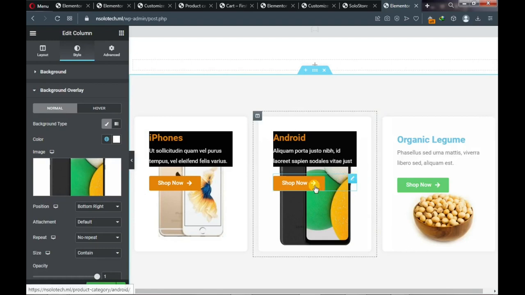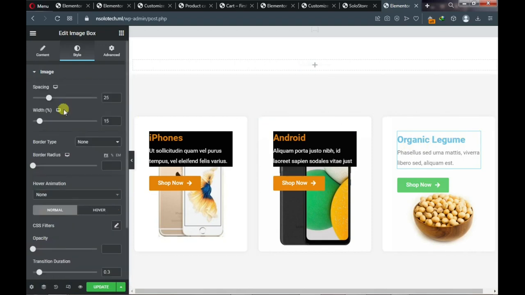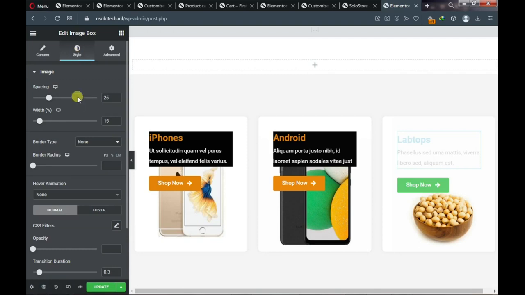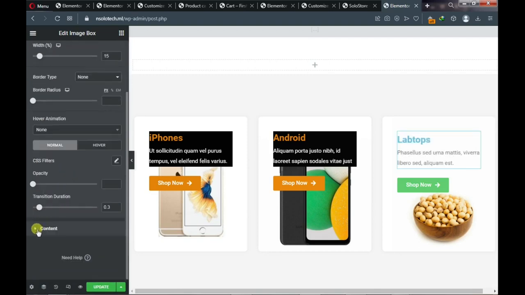Okay, let's proceed. So we'll click here, this pencil, and then on top you can see content. Click on it, change your title and description, your title to laptops, so something like this. So laptops. On top we want to change it, give it a color, so click there, scroll down, you can see content,